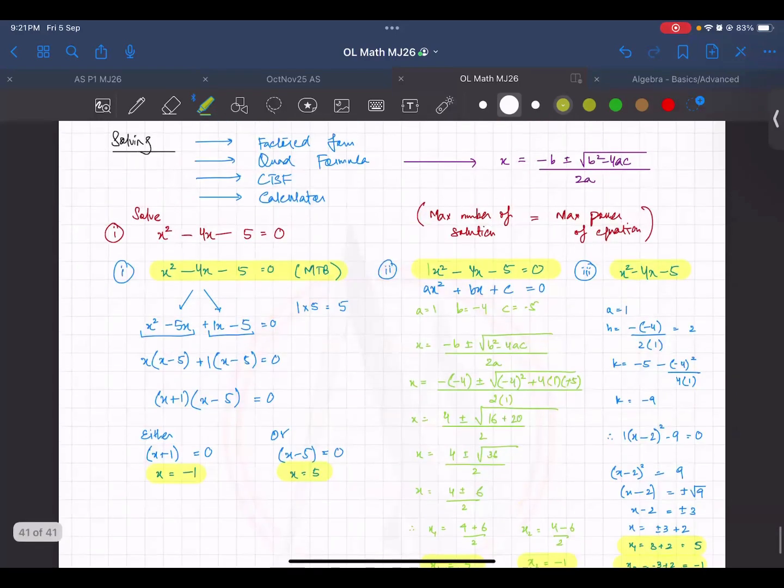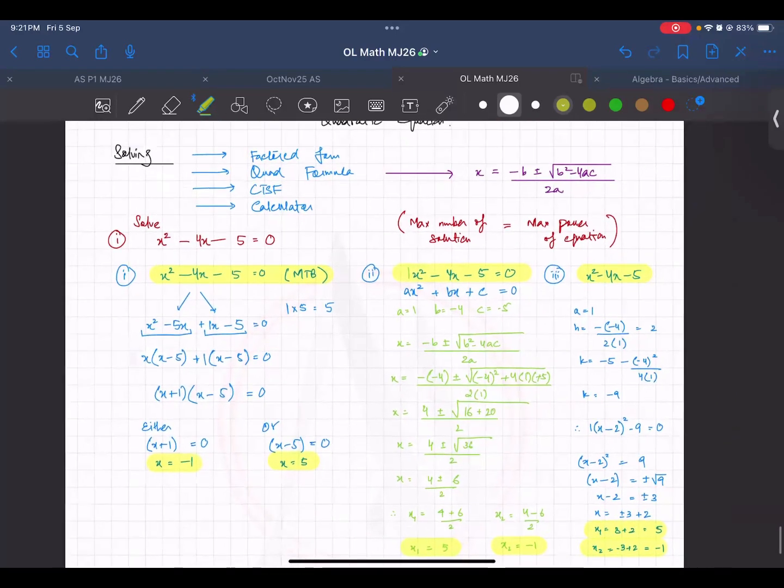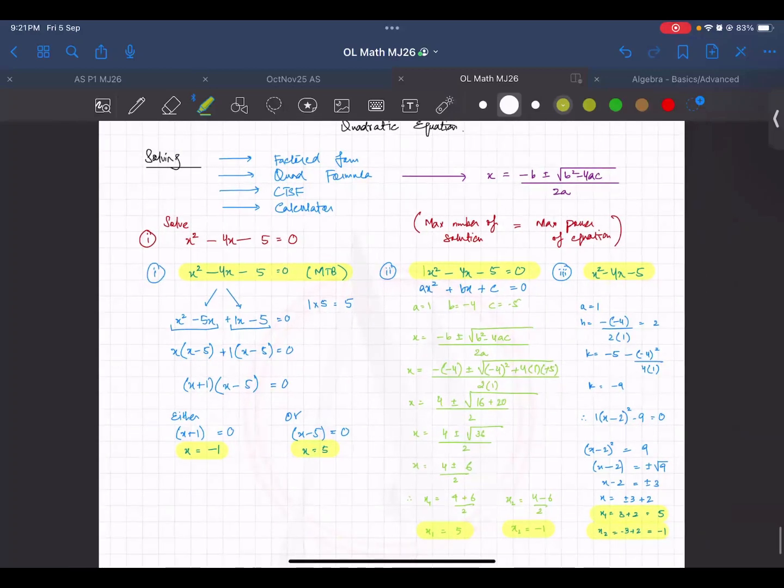So yeah, everyone can see now that we are getting the same solution with all three methods. So it's up to you. Sometimes the situation would ask you to use your completing the square form to get the roots. This is how you would get the roots. They would ask you to use the quadratic formula. This is how you would use the quadratic formula. Or they would ask you to use factorization. So फिर ये middle term breaking करके you will get the same answer. So don't worry if someone is using the other one.